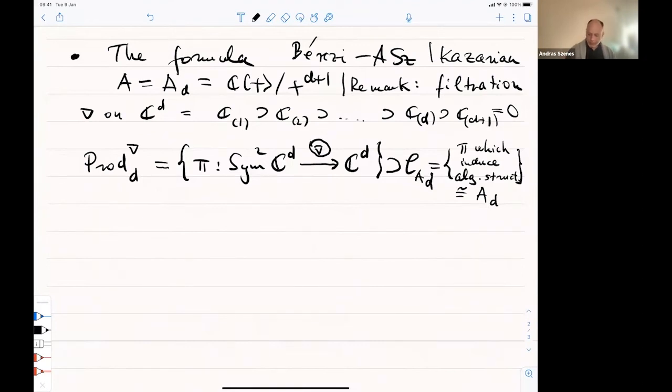So again, I look at the space of products, and inside that space, I look at the subset which actually gives you an associative, and of course commutative, product, which is isomorphic to AD. So that's this variety. This subvariety is not so trivial, but still for small values of D,